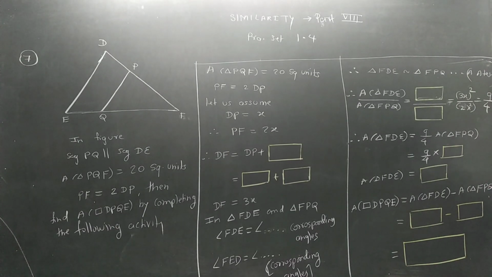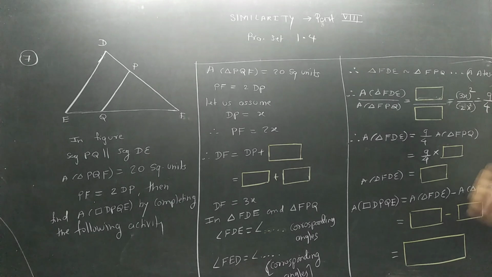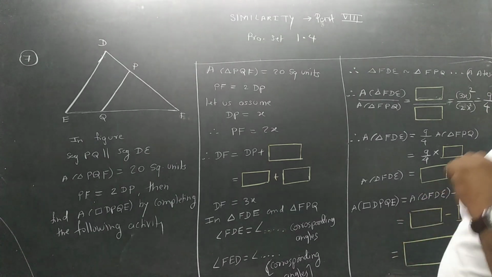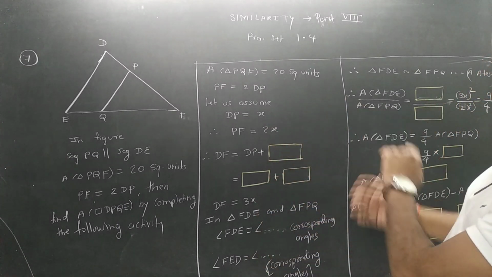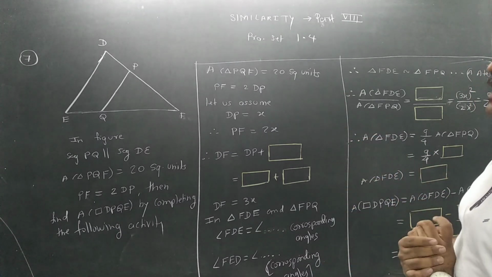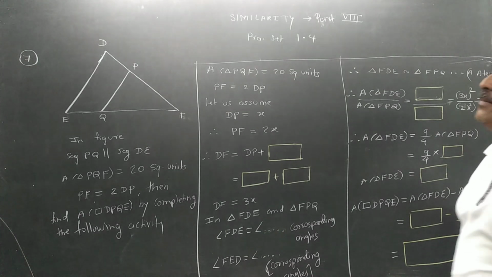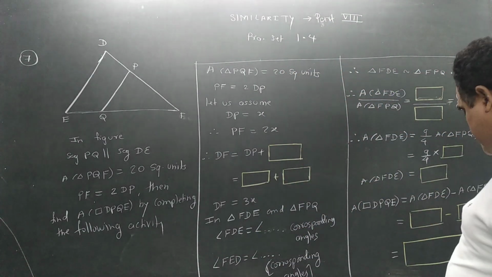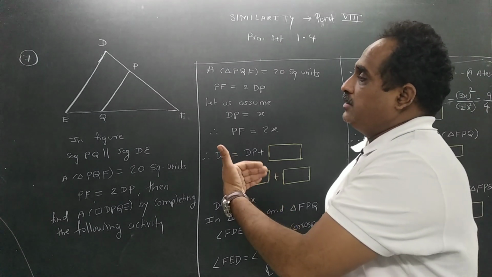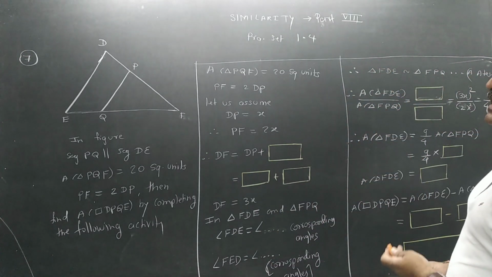Now see question number 7, the last question of practice set 1.4. And as I told you, some questions are activity based questions. So they give you questions like this where you have to fill in the blanks. That is an activity. But for that you should have good knowledge, and this question will be asked for 2 to 3 marks, and this will be called an activity based question. But we have to think, we have to go through it. No doubt in activity based questions we get help from the given question itself. So first of all you have to study this question in detail.